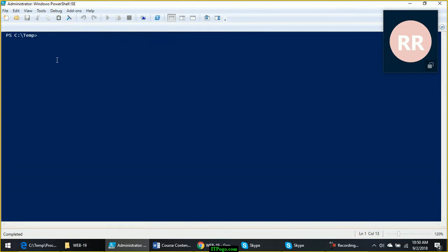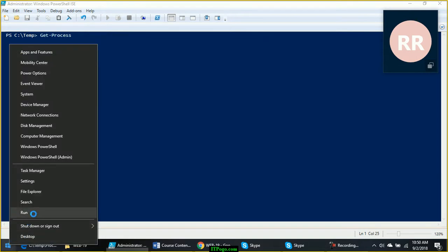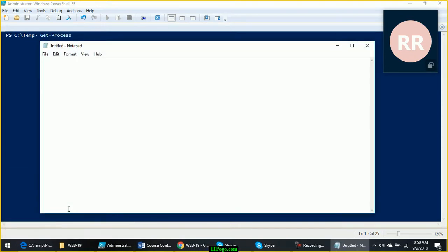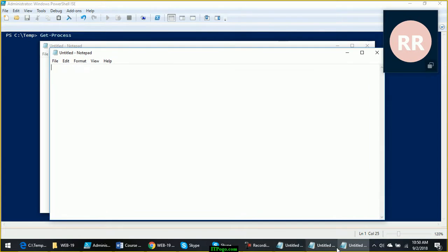Now let me show you one example like Get-Process. Suppose I start multiple processes called notepad. I am starting multiple instances of notepad. So I have three instances of notepad process running in the background.